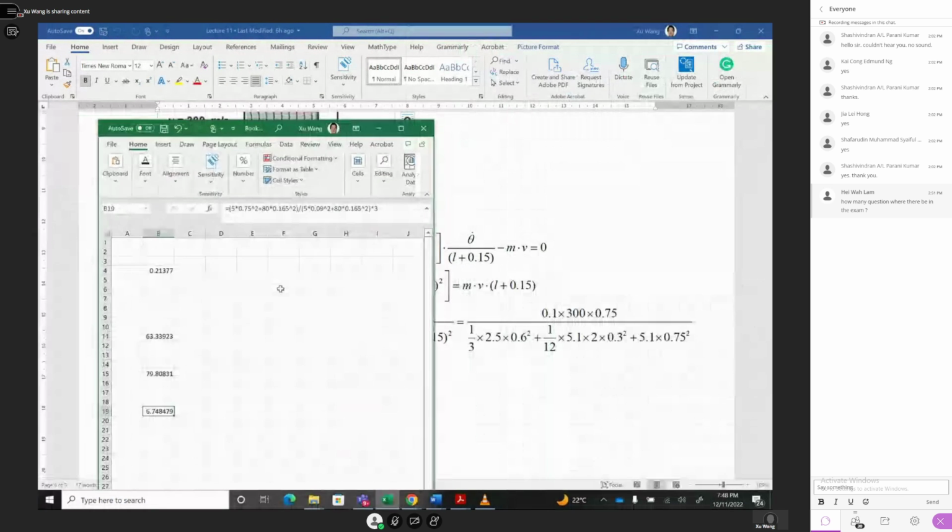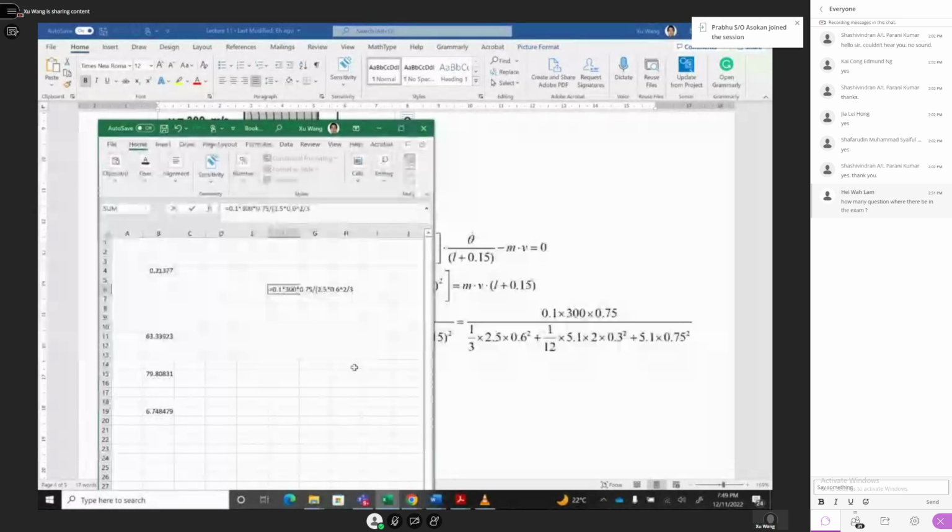So equal to 0.1 by 300 by 0.175. Okay, divide by brackets. Dominant bracket is 2.5 by 0.6 divided by 3, and then multiply 5.1